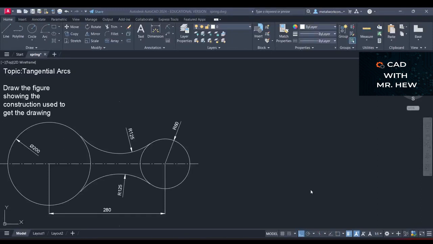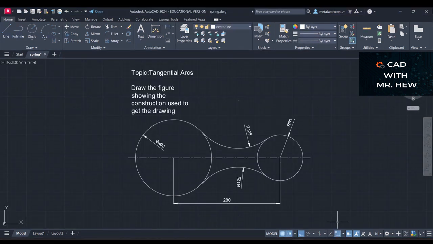In today's video, we'll be looking at the topic tangential arcs. Okay, so the question is shown on the left of the screen. So the question for today is